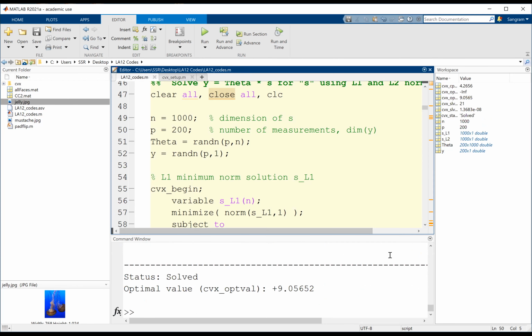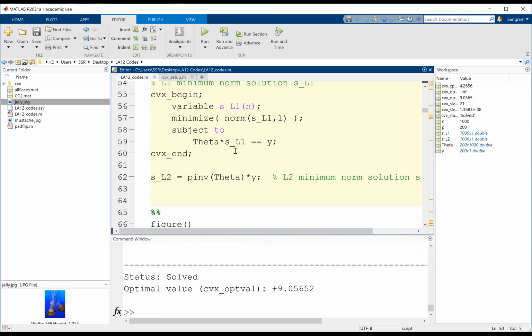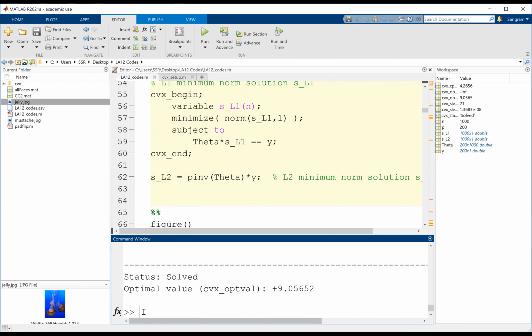What you will notice are these 2 solutions: you have a solution S underscore L1 and a solution S underscore L2, and I want you to get those solutions. So, S underscore L1.